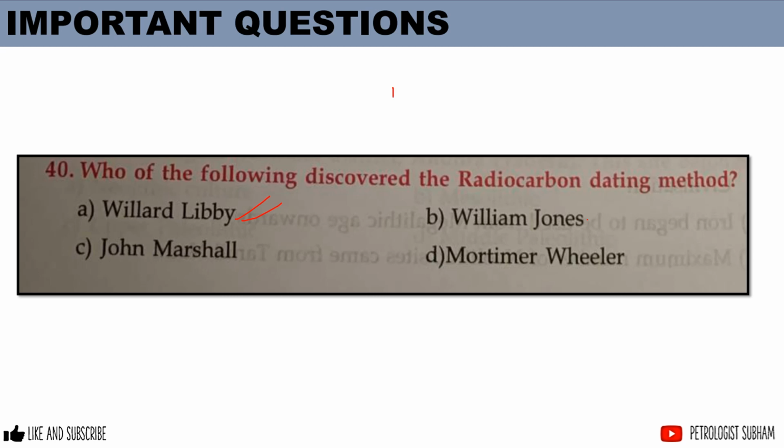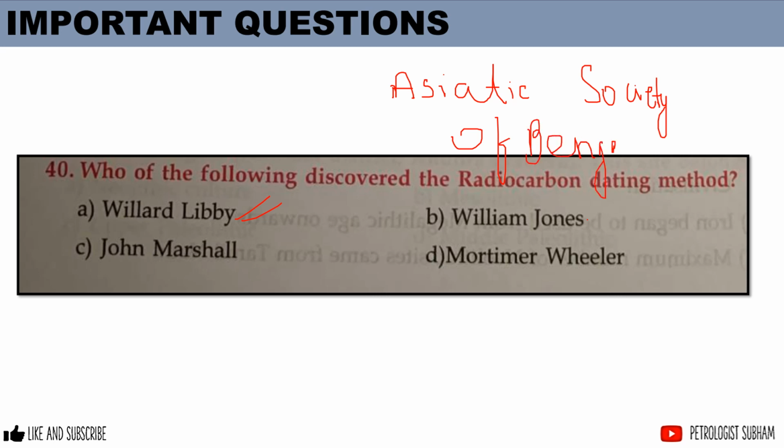He was the founder of the Asiatic Society of Bengal. He established it for spreading the idea of Oriental writers, the basic education of poetry and writing. William Jones was that person.